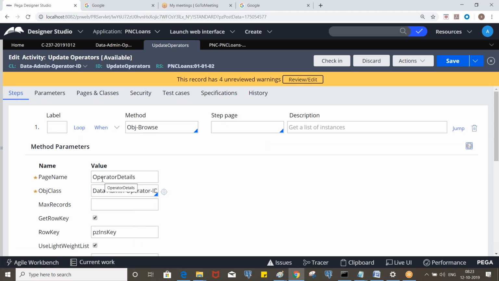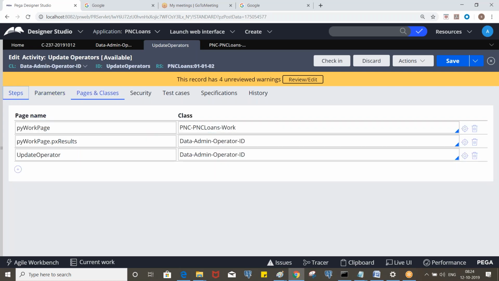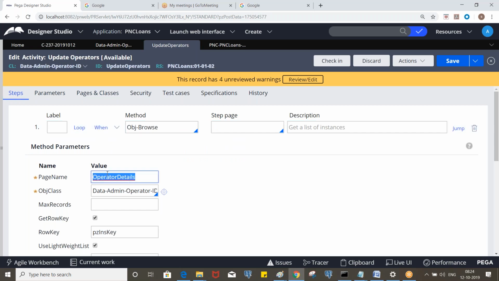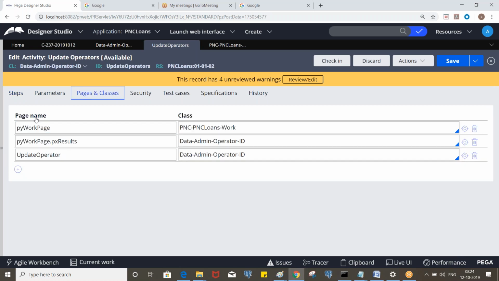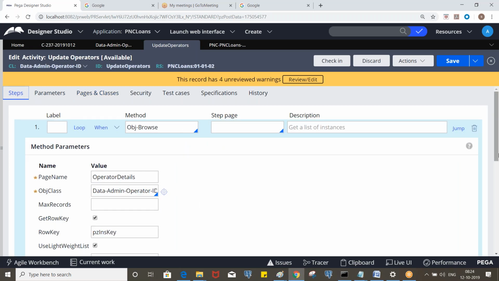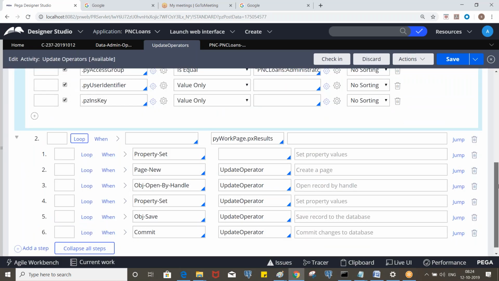And you should not use py work page here, because that will be created automatically, and when you put py work page here, the content will be replaced. So if this property is available, it will simply accept it, but at runtime it will not work. It will not give you the exact result.